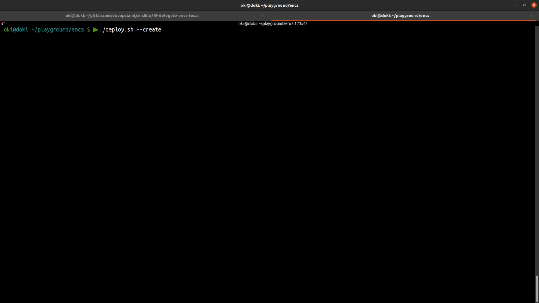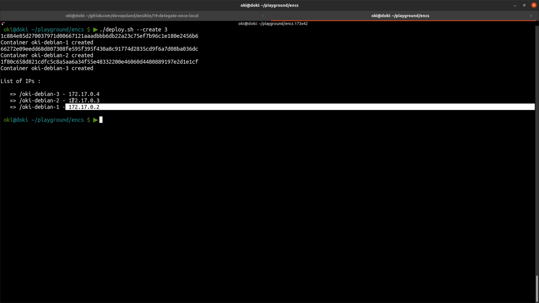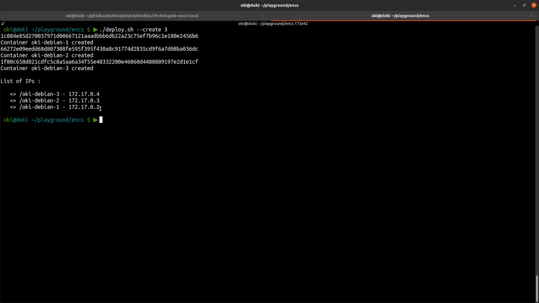In our case, we create 3 servers. These are Docker containers, but inside these containers we have SSH and systemd like a simple server. So we have 3 IPs for these servers.